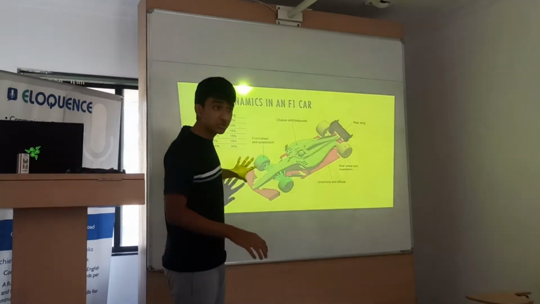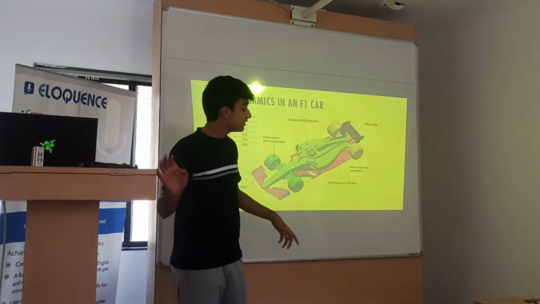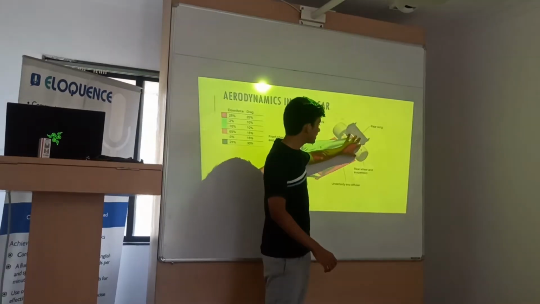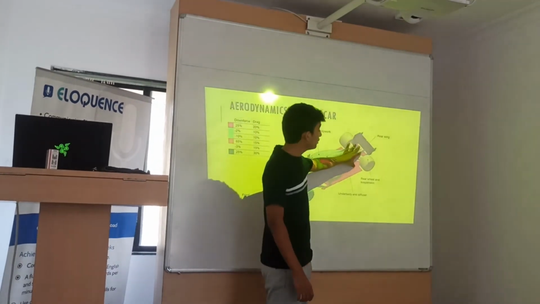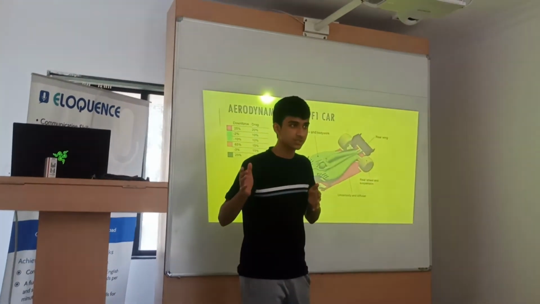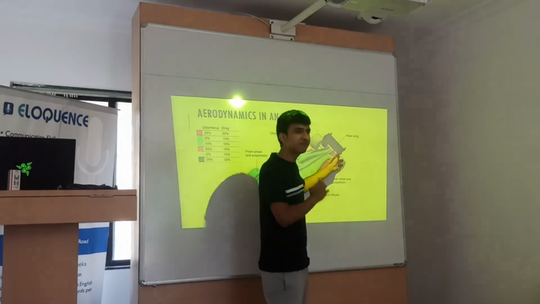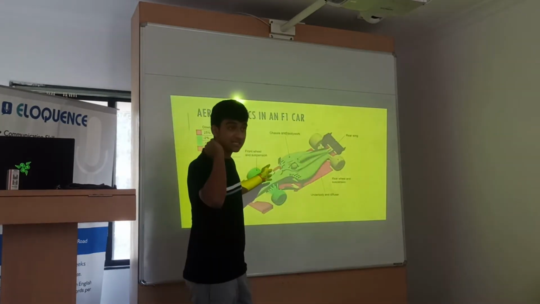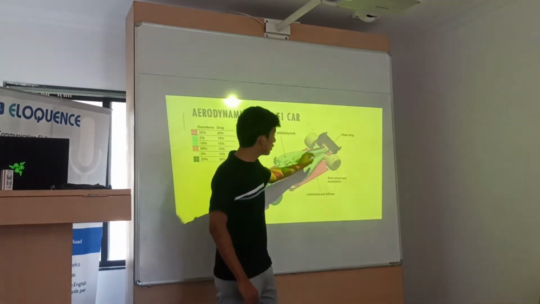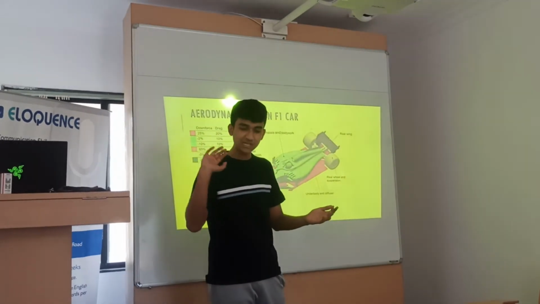Now, to ensure that the car doesn't lift all of a sudden and get thrown off the track, there are different areas like the diffuser. Diffuser is a device specifically made for the rear downforce of the car. When a car goes through a corner, the rear is very loose. So the diffuser accelerates air out of the back of the car at a very high speed. And as you have seen, when there is a high speed of air, the pressure becomes lower, hence downforce. So the bottom of the car will stick into the ground, which will prevent the driver from spinning or crashing when he takes the corner.